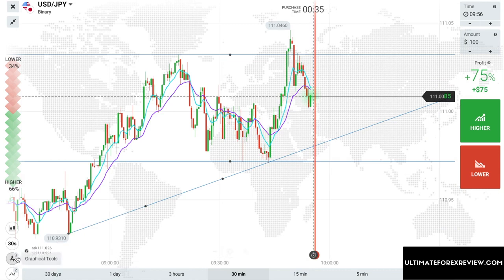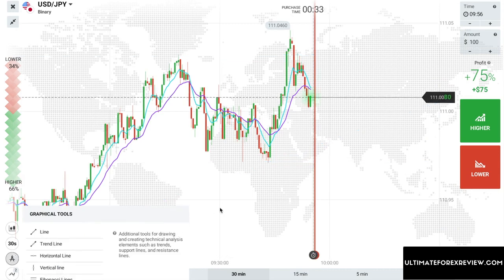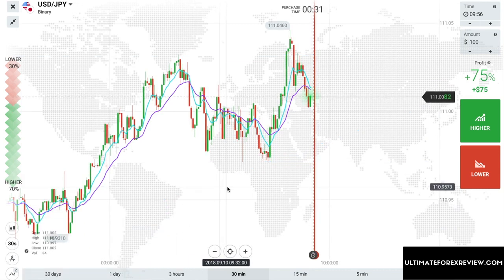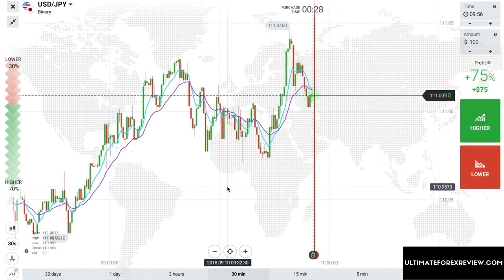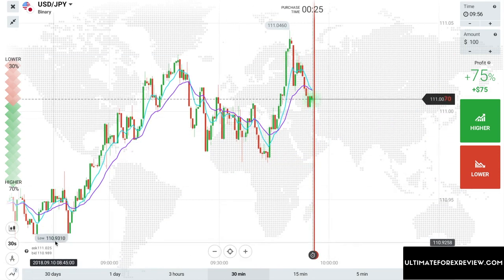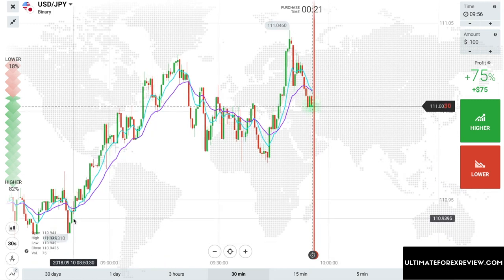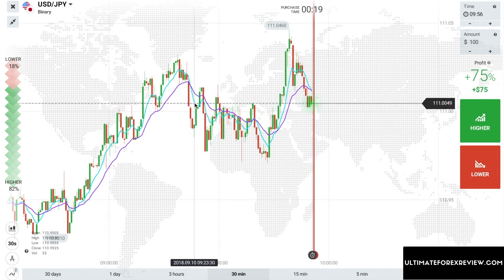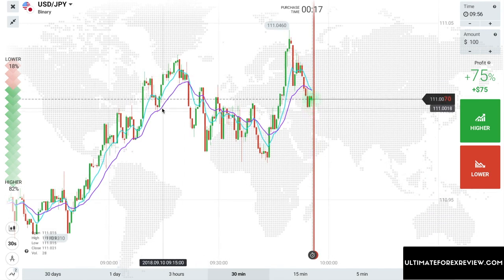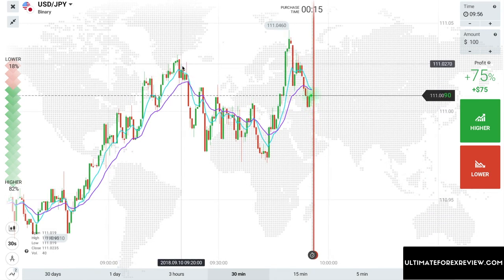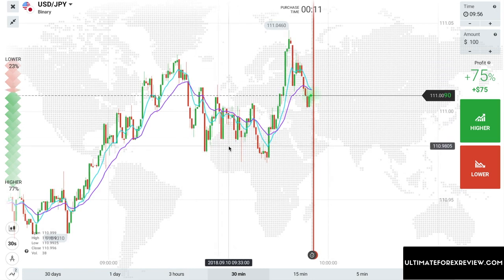The second tip, let me just take all of these off the chart, is to use indicators for help only. What I mean by that is too many people use indicators to tell them when to enter a trade. They'll put on moving averages and say, whenever price touches the moving average, I'm going to buy, or something to that effect. Those types of trading strategies definitely do not work.